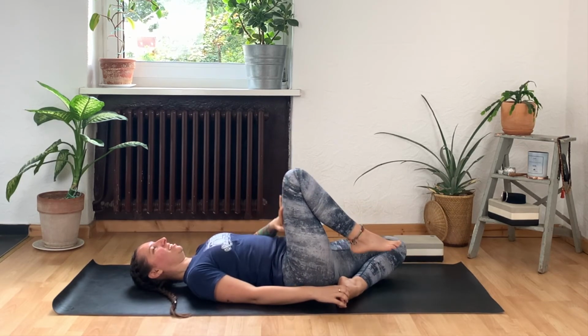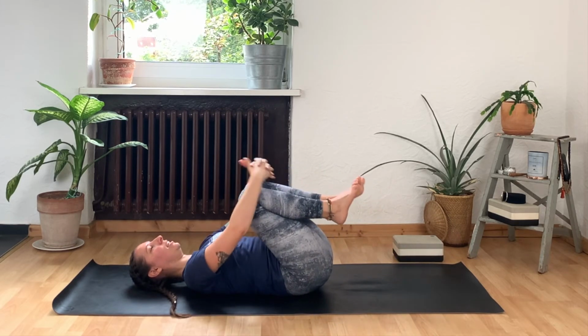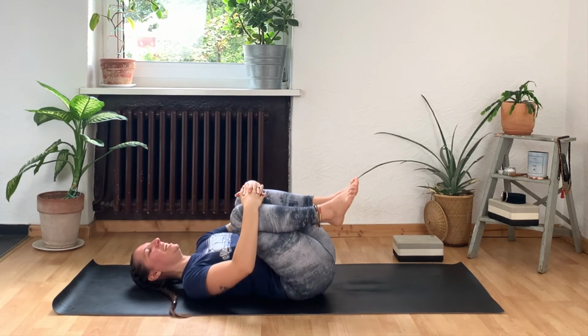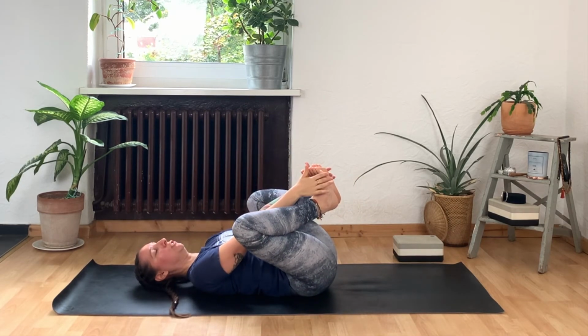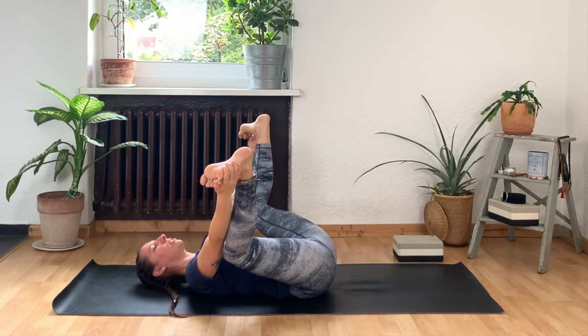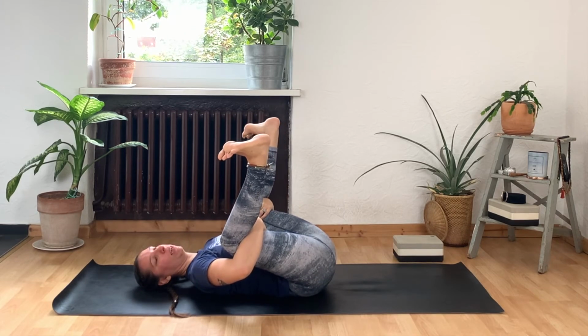Nice. Release your right foot back down, unravel your left leg, hug both knees into your chest. You can take a little rock and roll from side to side here. We'll finish up in a happy baby pose. So thread your hands inside your legs, reach for the outer edges of your feet, and then extend your heels up to the sky. And if it's way too much, then simply grab behind your knees, but keep your feet